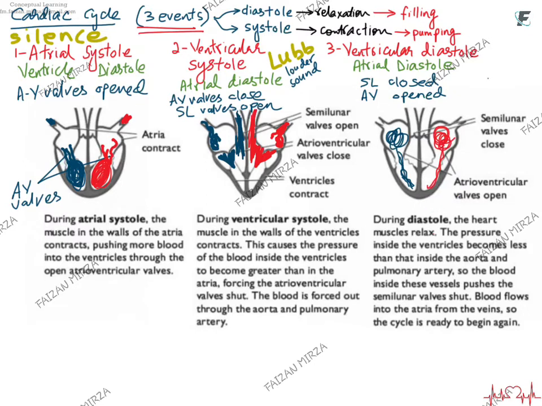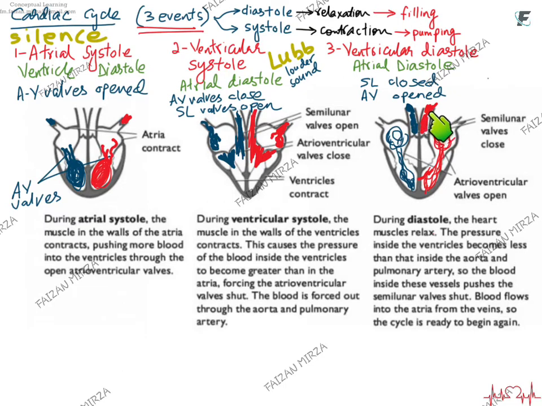Now when they are filled up with blood, you know that at the same time, the semilunar valves, as I mentioned, are closed. So when the semilunar valves are closed, the blood is filling here. What happens here? As the blood is filling into the ventricles, and the semilunar valve is closed,